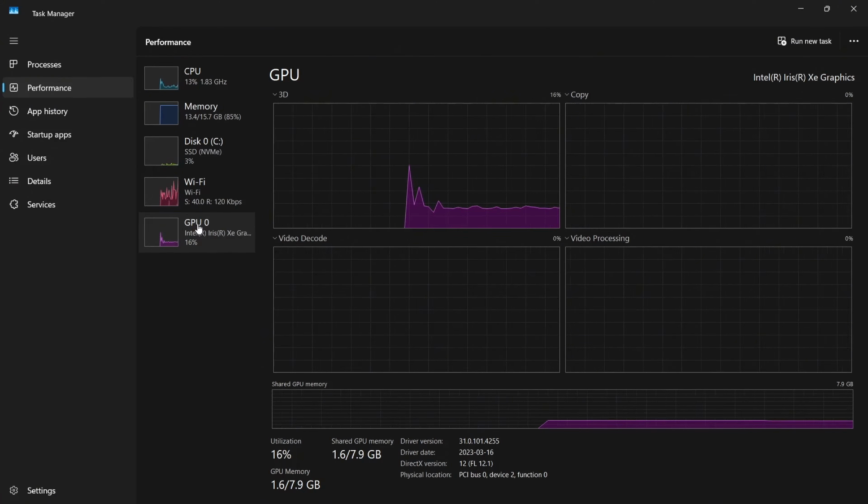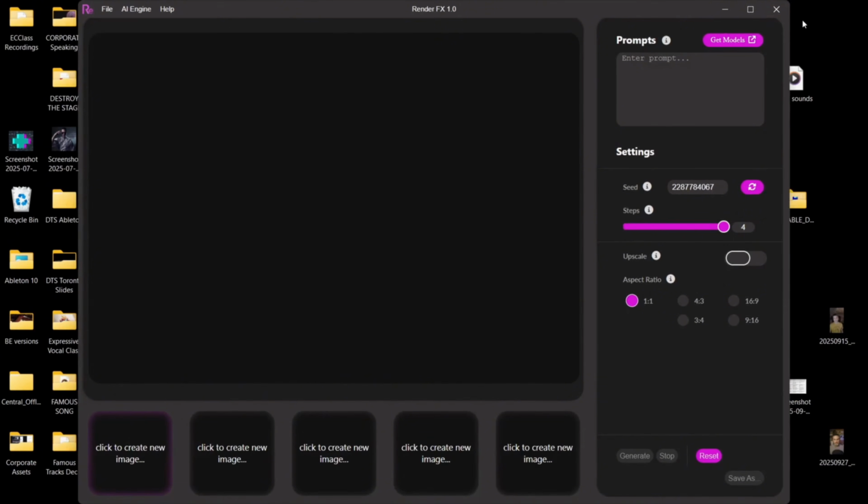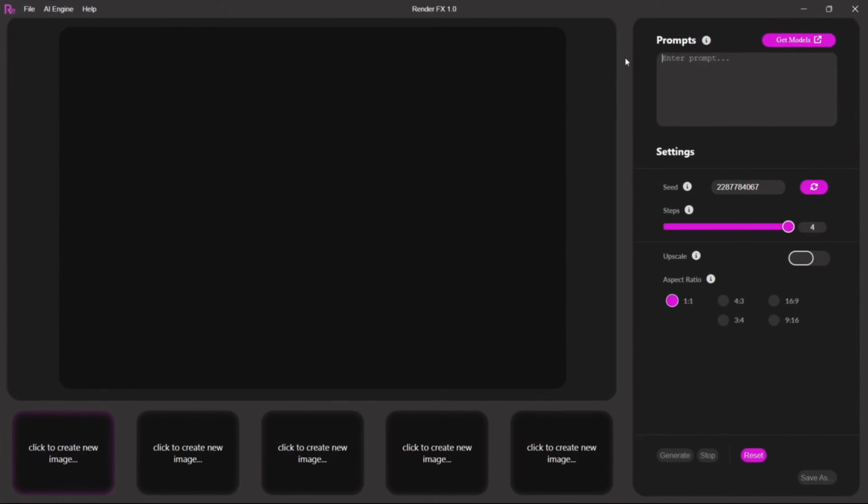You need to know your system's memory or RAM listed right there, and your GPU's VRAM or video memory, there it is right there. Now let's head back over to Render Effects and choose a model based on your specs. When you install Render Effects, it first opens to a blank interface. This is called a Type B personality. Let's zoom that in. And we hit the Get Models button to access the Model Hub,